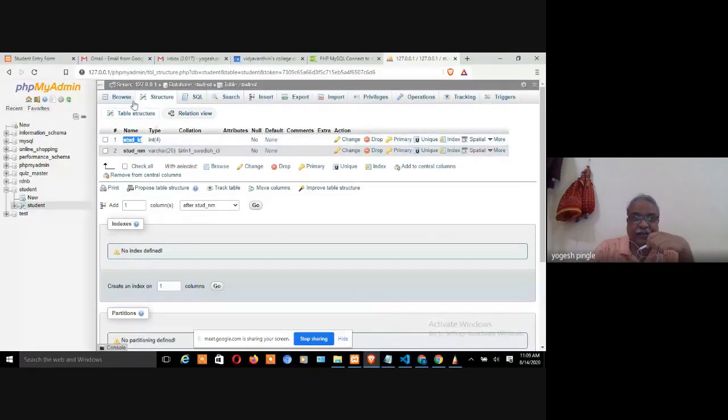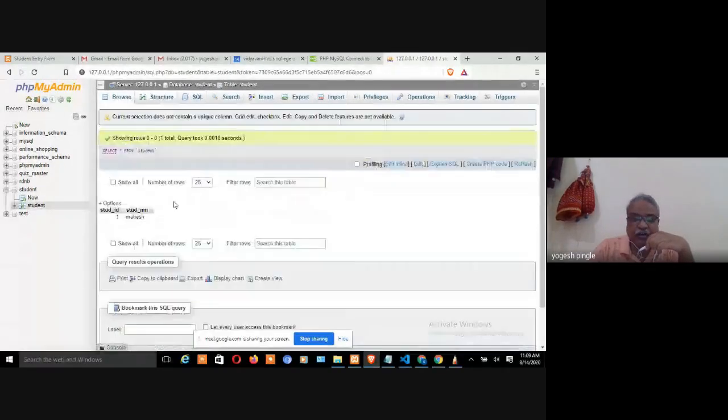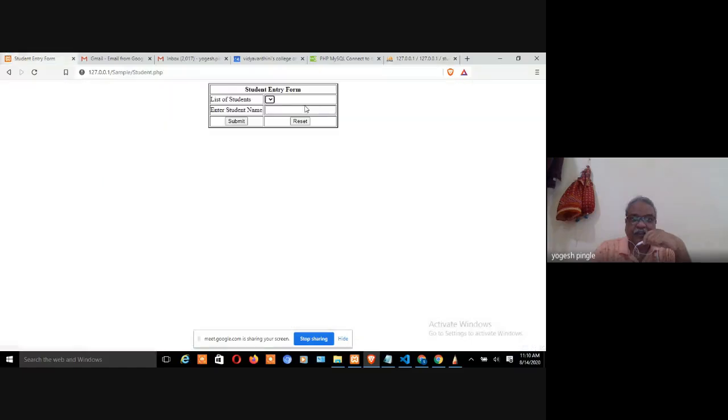So let's see, what are the values over here? I have just now added 1, which goes in automatically, and this is Mahesh, the student name, any student name that I have added. But in this case, can you see Mahesh appearing over here? No. And that's why it is necessary to put the PHP code at the front end.